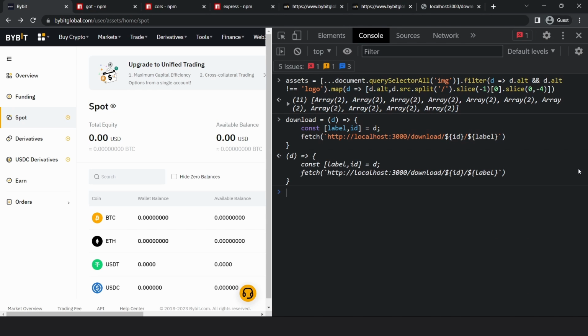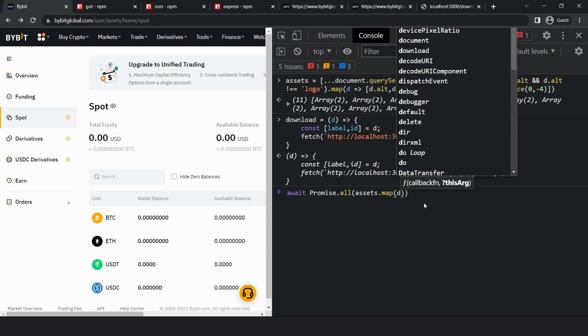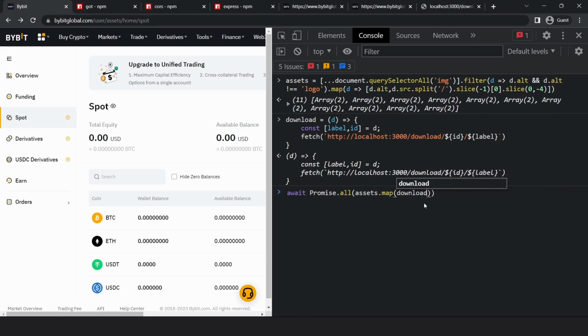That's it. So now we have to call this function for all these assets. So we can do that by saying await Promise.all assets.map download of t. Or you can even simplify it by just saying download. That would do the same thing. If I hit enter,